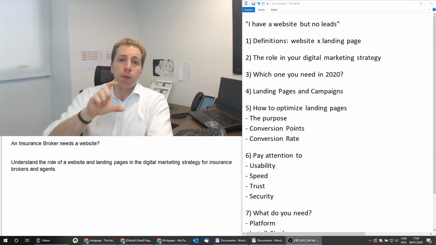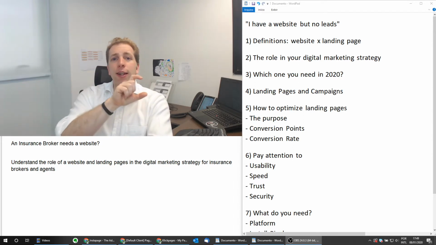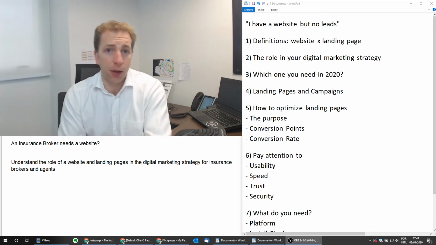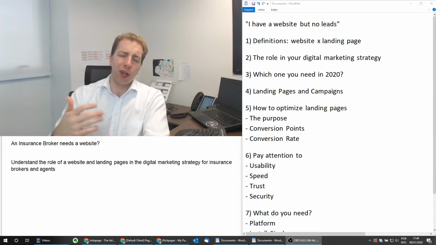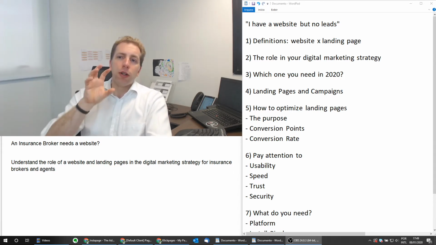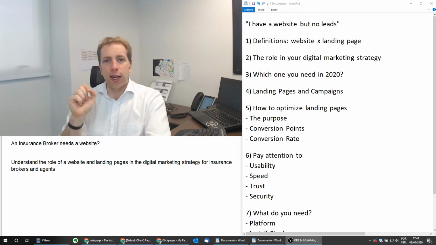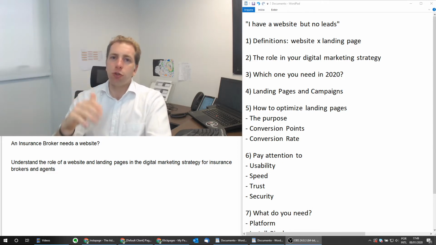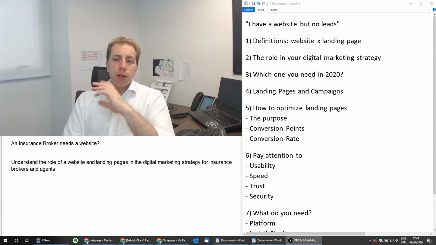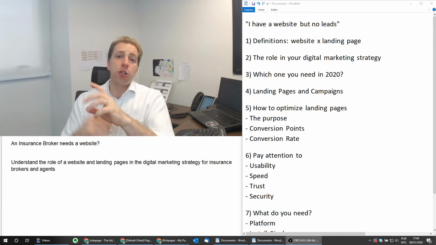Then below that banner, add the logos for the insurers that you work with, if you have authorization to do that. So again, it's all about building that authority. Below that section, add a quick about us. So when you started, how many clients you have, which insurance products you have. You can add all that in the section down below. And then make sure that you add somewhere a form.